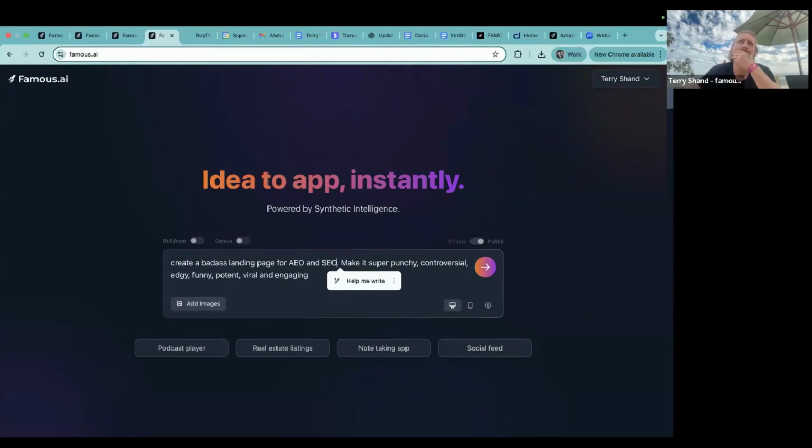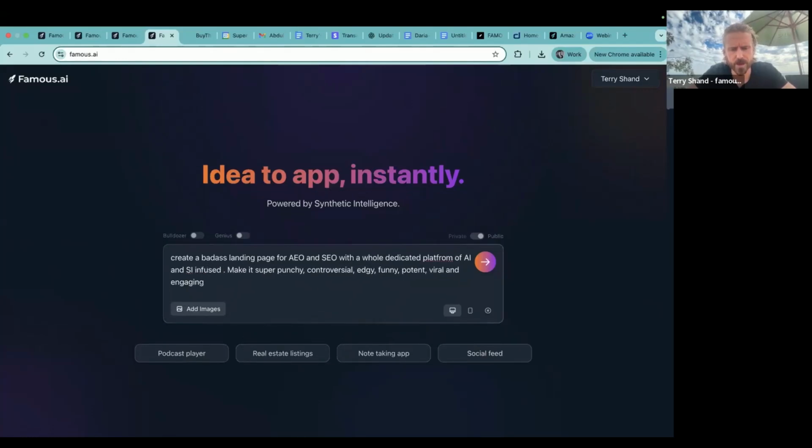Obviously, this is literally just AEO and SEO. You wouldn't want to say deal.ai, with a whole dedicated platform of AI and SI infused apps and tools to help them dominate for their clients.